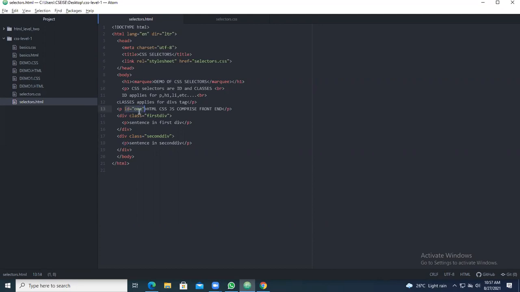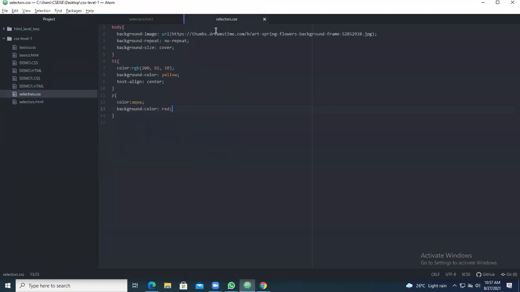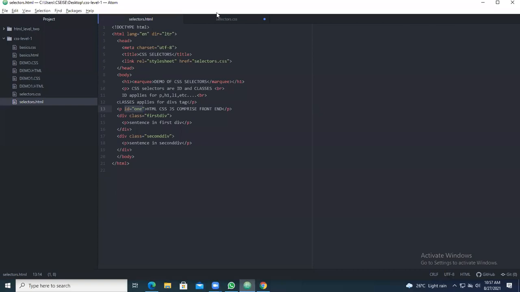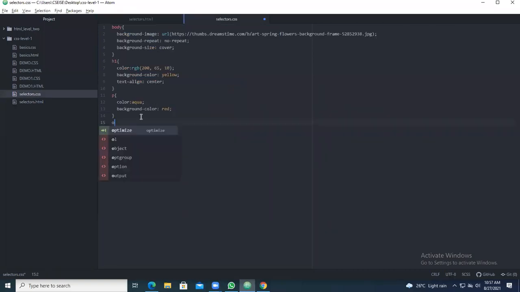Now I want this one in a different color. If you want this one in a different color, you make use of the concept called ID. What is the ID name you have given? That is 1, so give it as 1. If it is an ID, you use hash. Now you come for the color.